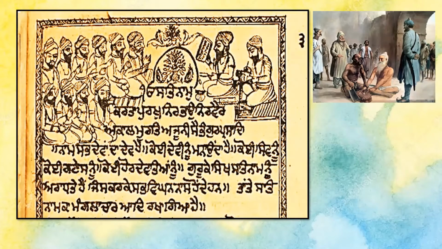It says, Ikko Ankar Satnam Karta Purkh Nirbhau Nirvair Akal Murat Ajuni Saibhan Gur Prasad. After that, they start to mention the power of this particular line. Naam sab devan da dev hai. The name of God is the divine of all divines. Some people try to please various gods and goddesses, such as Shiv or Ganesh, the elephant god, and other beings which they call gods.